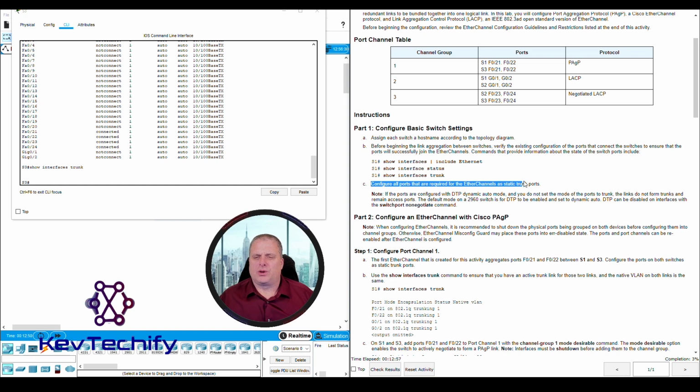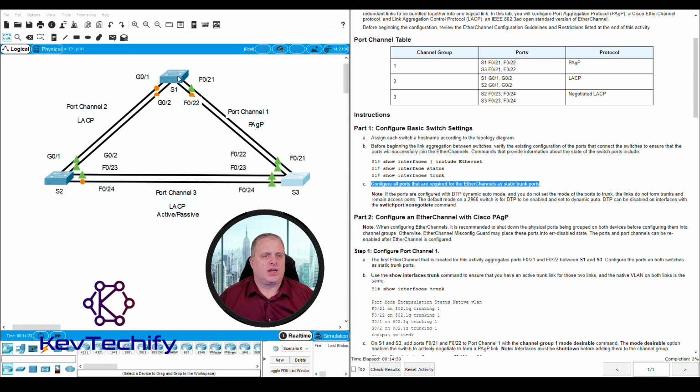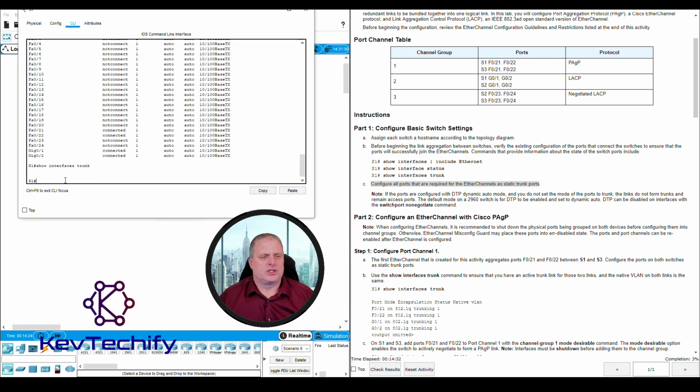Configure all ports that are required for the EtherChannel as static trunk ports. Okay, so what we're going to do is we're going to go in and configure them as trunks. Configure them as static trunks. What we have to do is go into those interfaces and then change that switch port mode to trunk. Let's go ahead and start on switch 1. So on switch 1